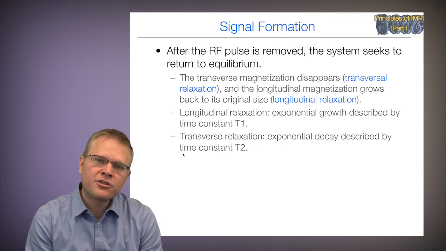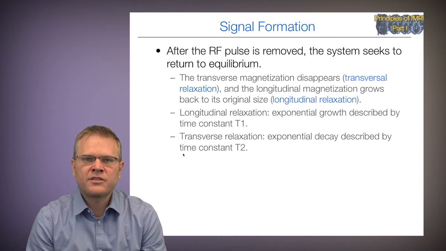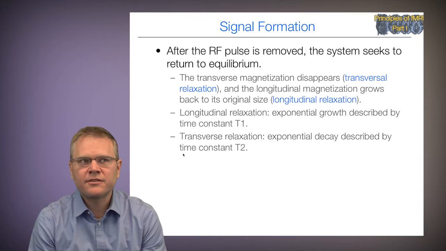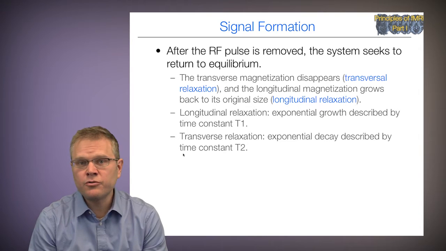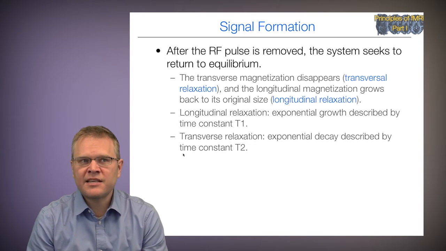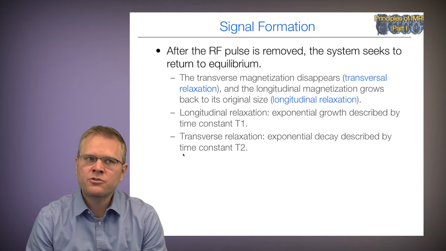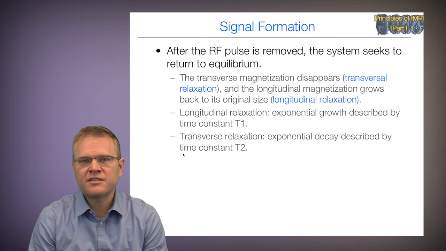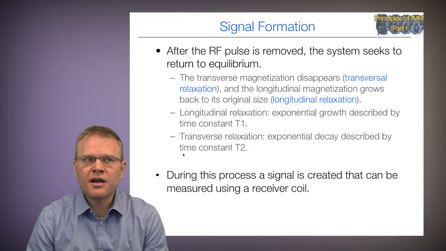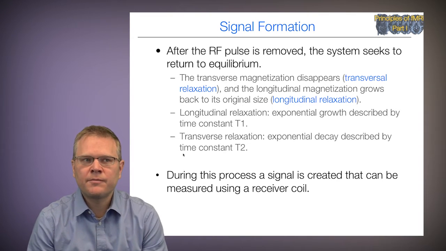So this causes the transverse magnetization to disappear in a process we call transversal relaxation, and the longitudinal magnetization grows back to its original size in something we call longitudinal relaxation. So longitudinal relaxation is an exponential growth, which is described by a time constant T1, and in contrast, transverse relaxation is an exponential decay described by a time constant T2. And so during this process of returning to the equilibrium, a signal is created that can be measured using a receiver coil. And so now in this module, we want to talk about how we can use that signal to